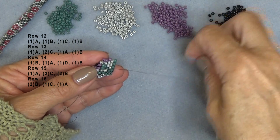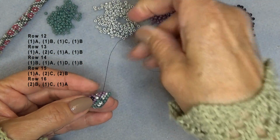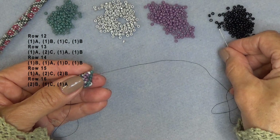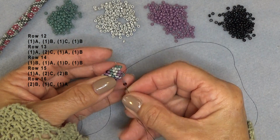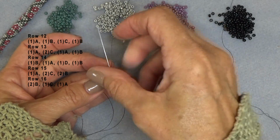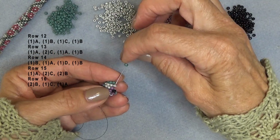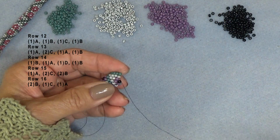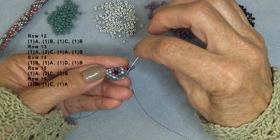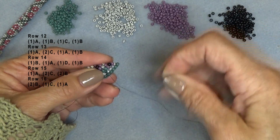Okay, row 14, a B, an A, a D, and a B. Now row 15, an A, a C, and you can see the pattern emerging a little more, another C, you can almost figure it out at this point, a B,